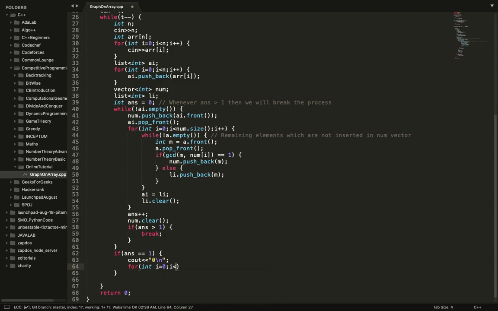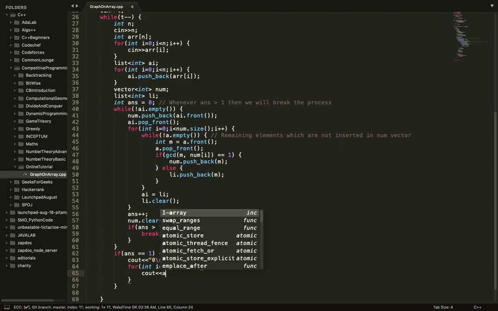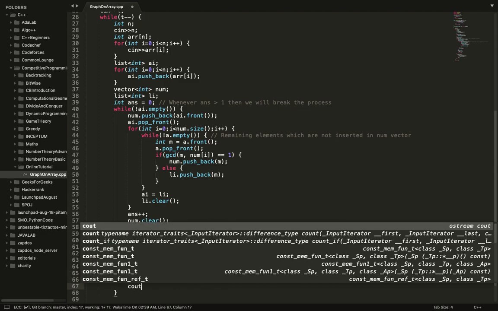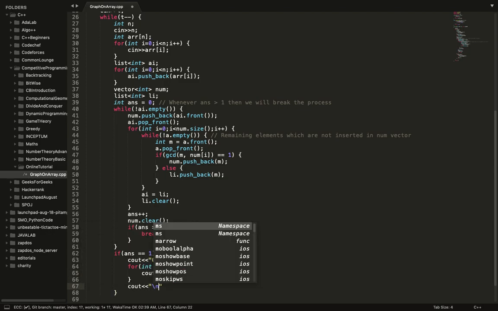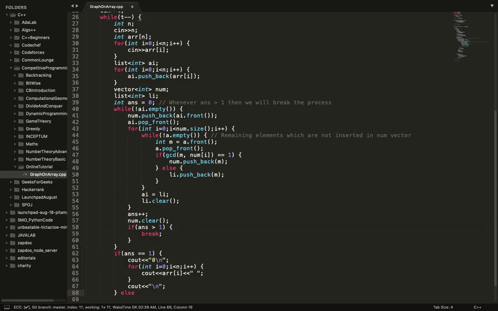So we are printing the whole array as it is, because all the elements can form a direct edge with some other element of the array without any hindrance. Okay, else if answer is not equal to 1, and if the whole array is